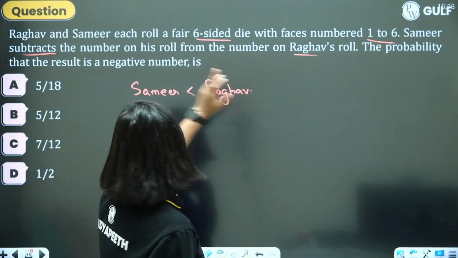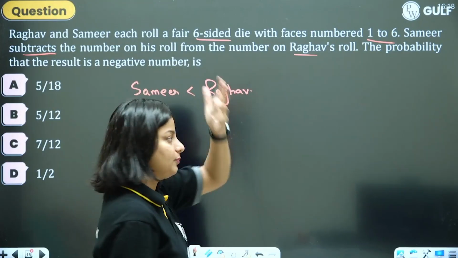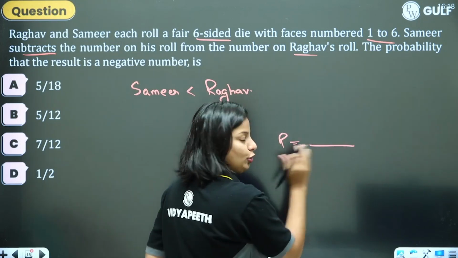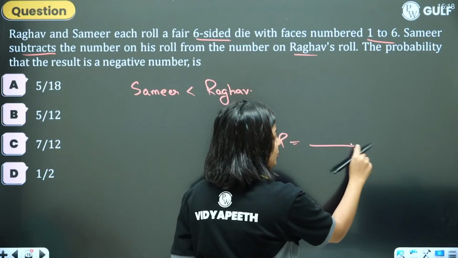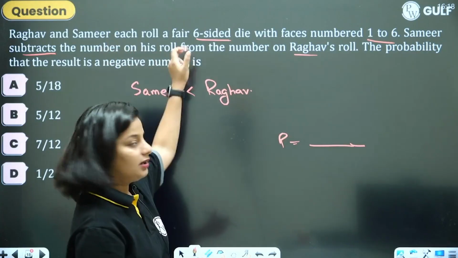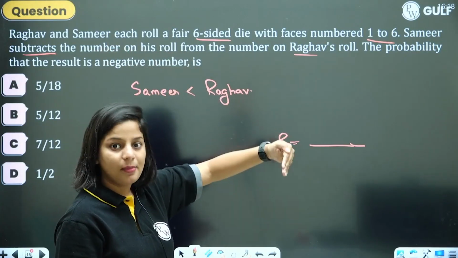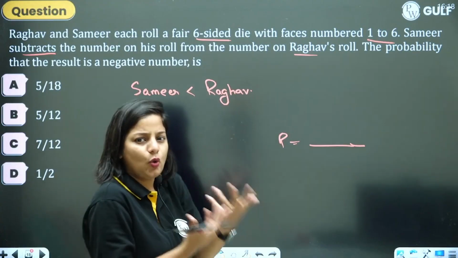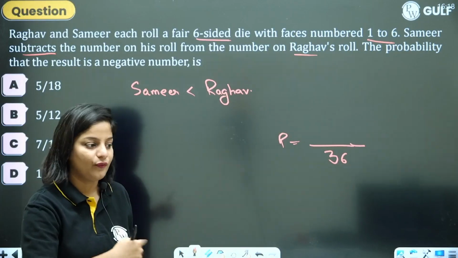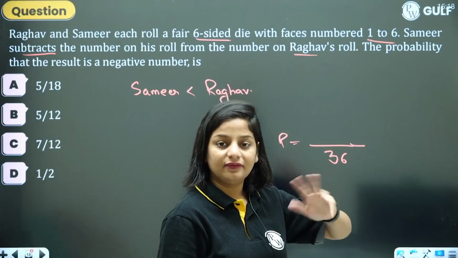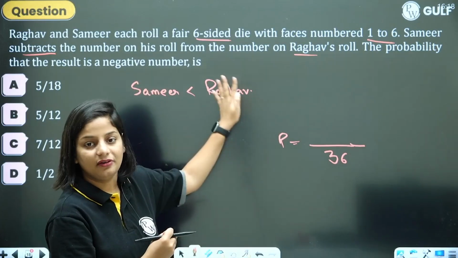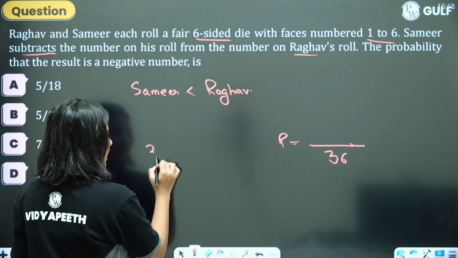So they want the probability that the result is negative. Probability is always favorable outcomes upon total outcomes. Total outcomes, how many outcomes are there when two dice are thrown? When two dice, one by Samir, one by Raghav, there are total 36 outcomes. 1 1, 2 2, 3 3, 4 4, 5 5, 6 1 2, 1 3, 1 4. So we want all the cases in which Samir has a lesser number than Raghav. But out of the 36 outcomes,